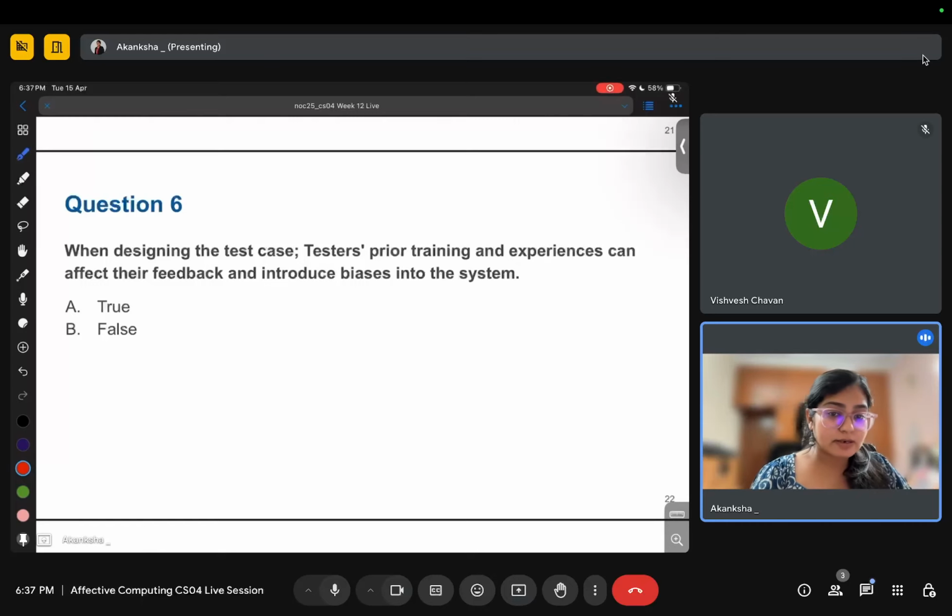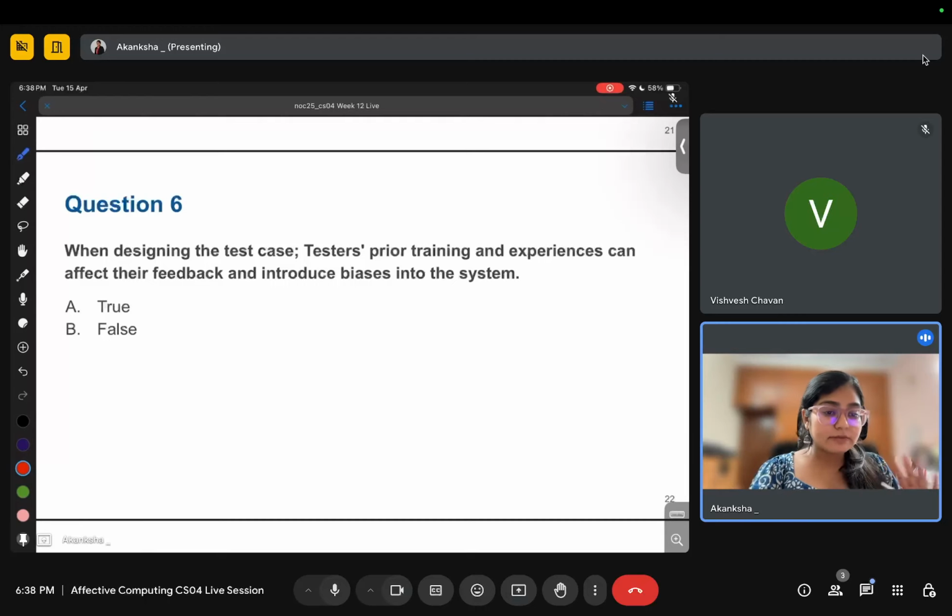Just a very general example. In the case of testing, you have a preconceived notion about something. Okay, let's say this brand does not make good quality products, but maybe the brand is actually improving the quality, and it is actually doing very good.